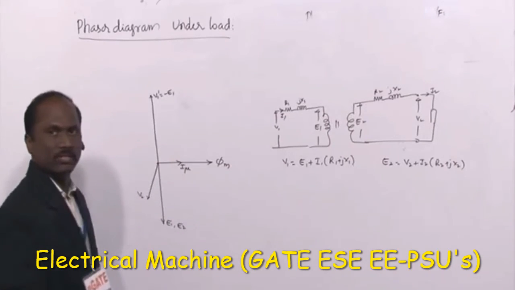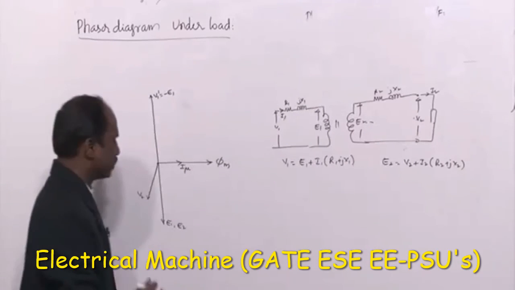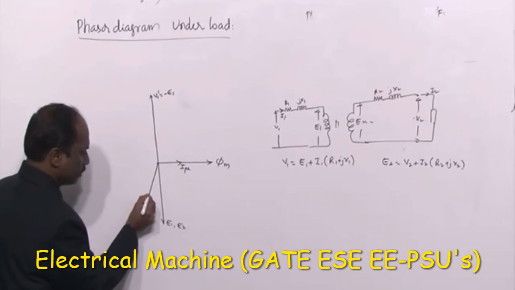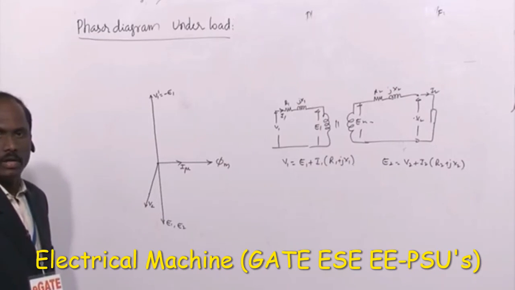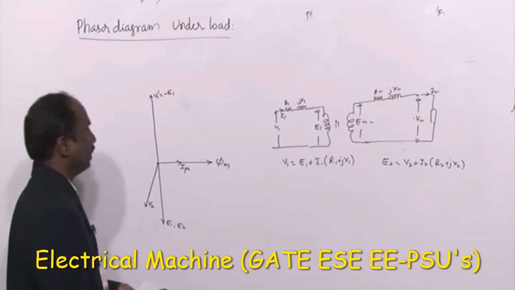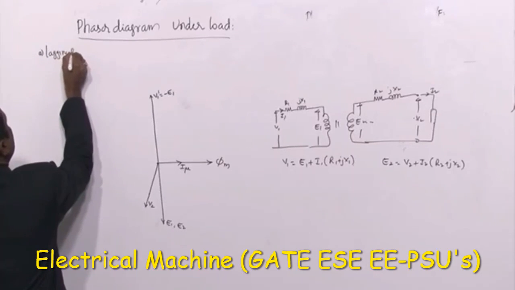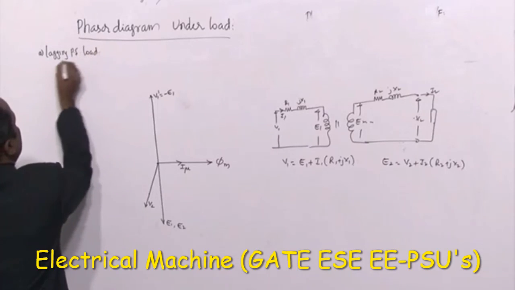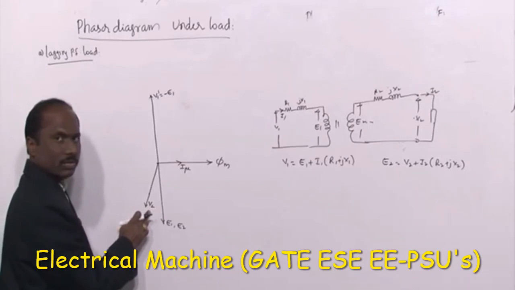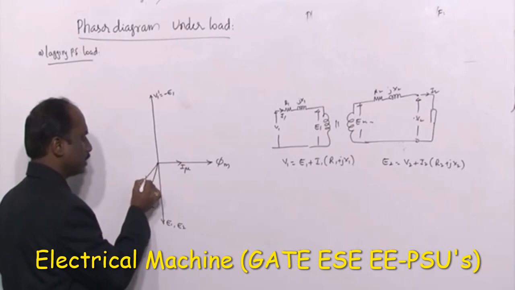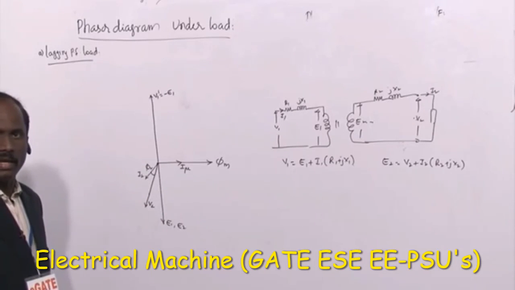Based on these equations we are plotting the phasor diagram. Is V2 equal to E2? V2 and E2 are not equal. That's why we have taken V2 in this direction. This is V2. How is I2? For example, the first case we are taking is a lagging power factor load. The nature of the load which we are imposing on the transformer is lagging power factor. So this is V2, and the current lags this at an angle of phi 2.